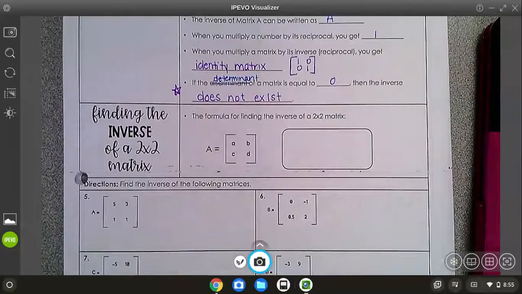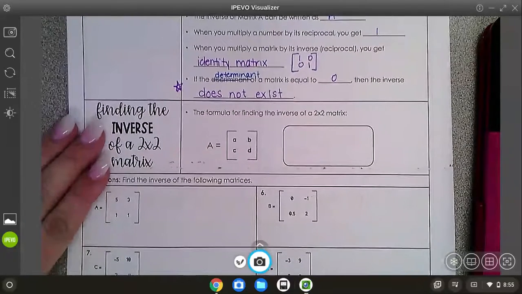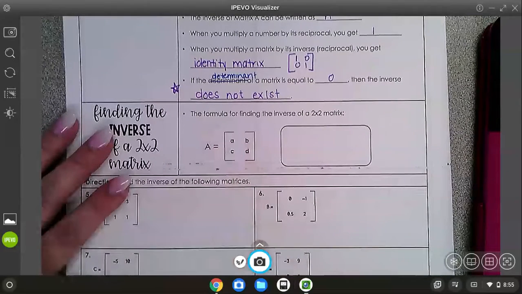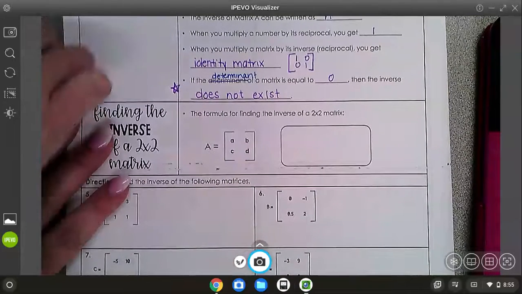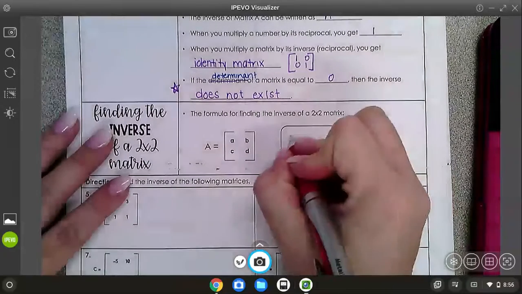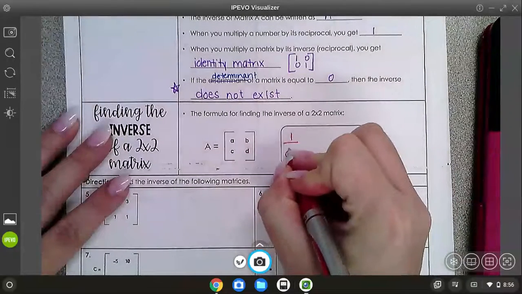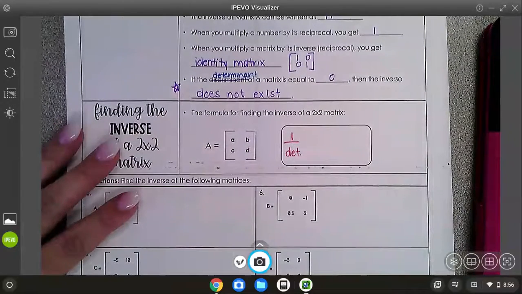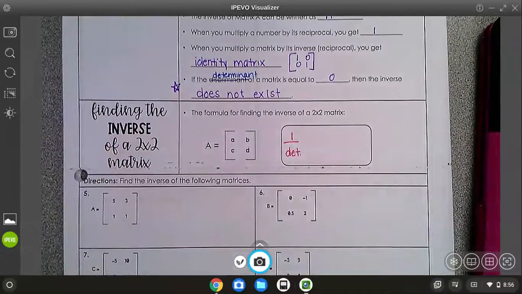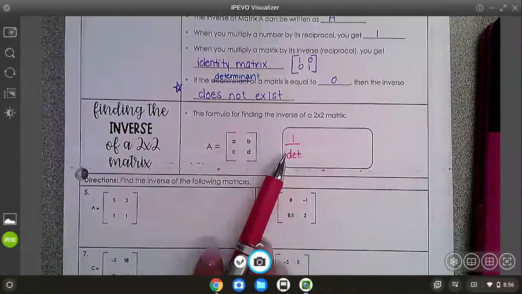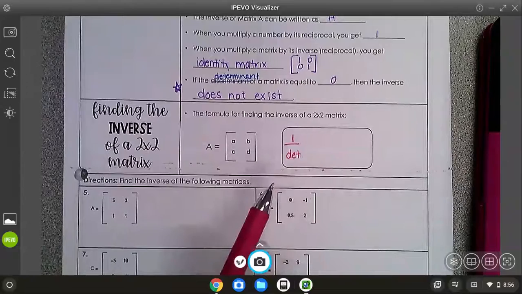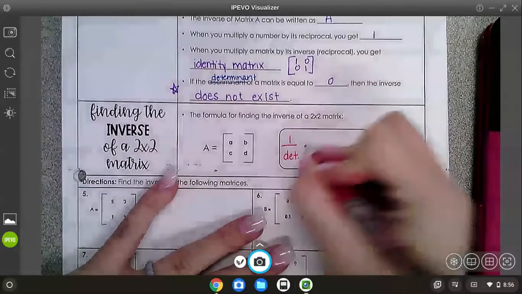So here's the formula for inverse. We're assuming we have the same matrix. We're going to start with 1 over the determinant. You cannot divide by 0. So if the determinant was 0, that's why it doesn't exist, because you can't have 1 over 0. Times